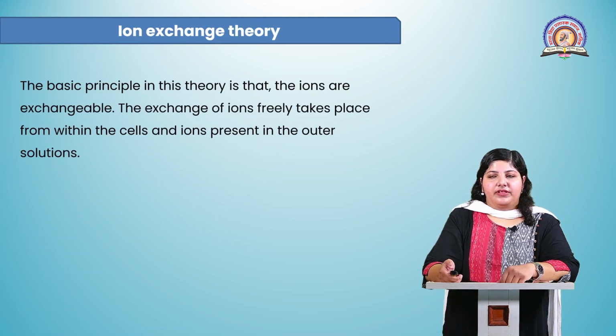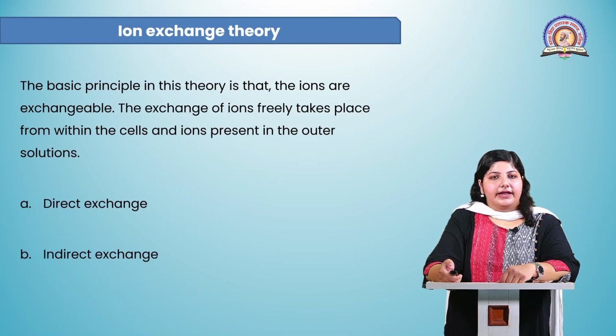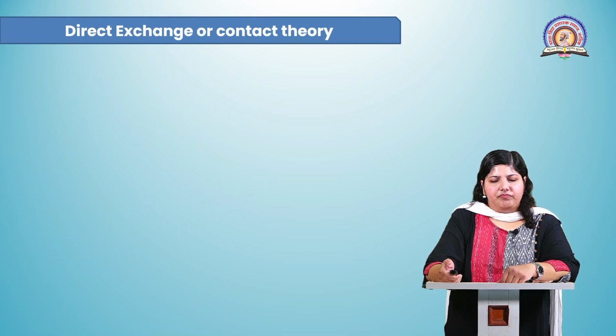In ion exchange theory, the basic principle involved here is that the ions are exchangeable. The exchange of ions takes place freely between the ions within the cells and the ions present in the outer solution. This ion exchange theory is also of two types, that is direct exchange and indirect exchange. Firstly, we will start with direct exchange. Direct exchange is also known as